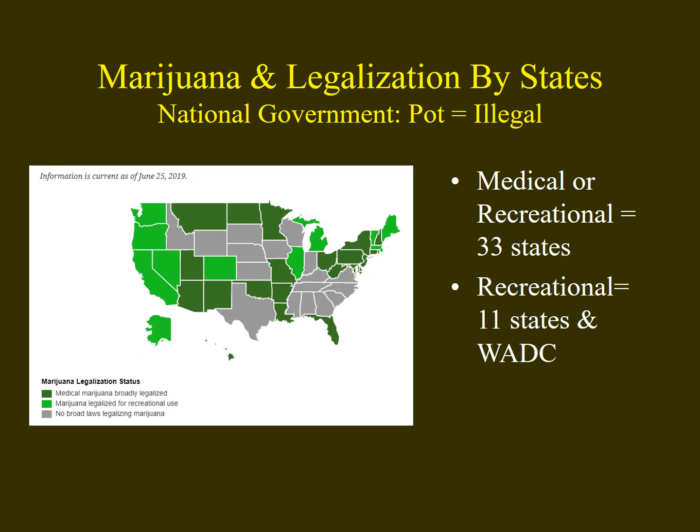Now, this is going to lead, it has led, and it's going to lead to additional conflict between the states and the national government because marijuana is determined to be illegal. It's prohibited by the national government. That's what the national government says. Yet, we have 33 states that have legalized either medical or recreational marijuana, and 11 states have legalized recreational marijuana, plus Washington, D.C. And so I see this as a conflict between the national government and the states that will come to a head at some point in the future. We don't have a conclusion yet, but it's an interesting legal concept and conflict.